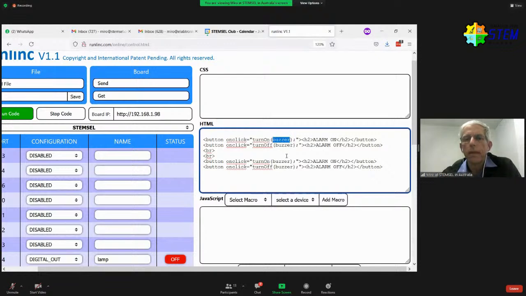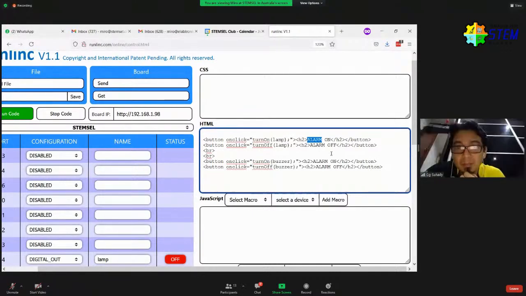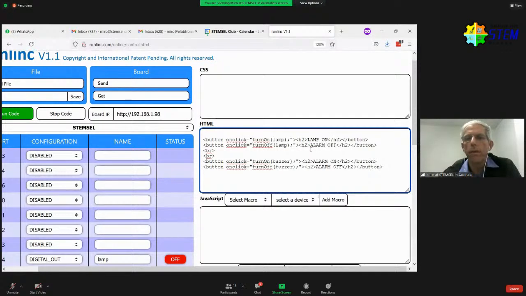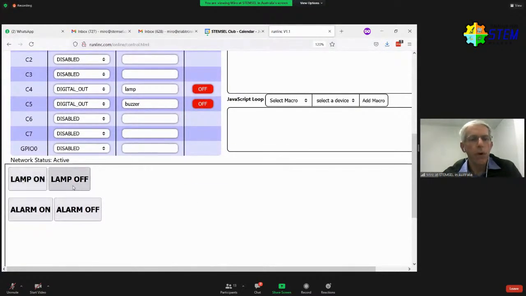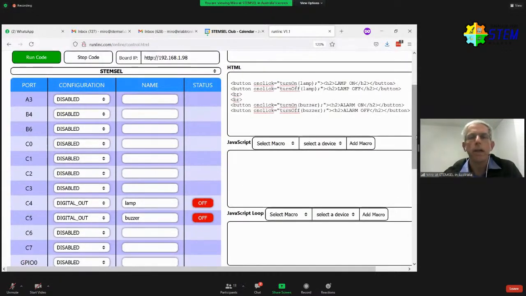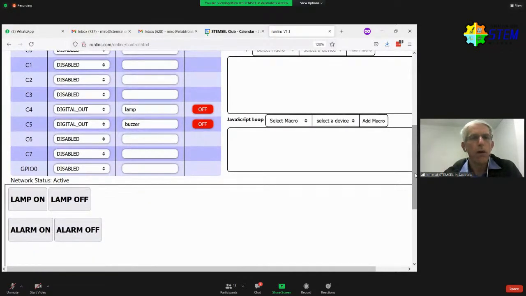Okay, so we need lamp, and then we would have lamp on and lamp off again as well. Right, so when I press the stop code and the run code again, then we have lamp on off, and we also have alarm on off on the same page. And of course, we can also put the heading there as well. And do they work? Well,